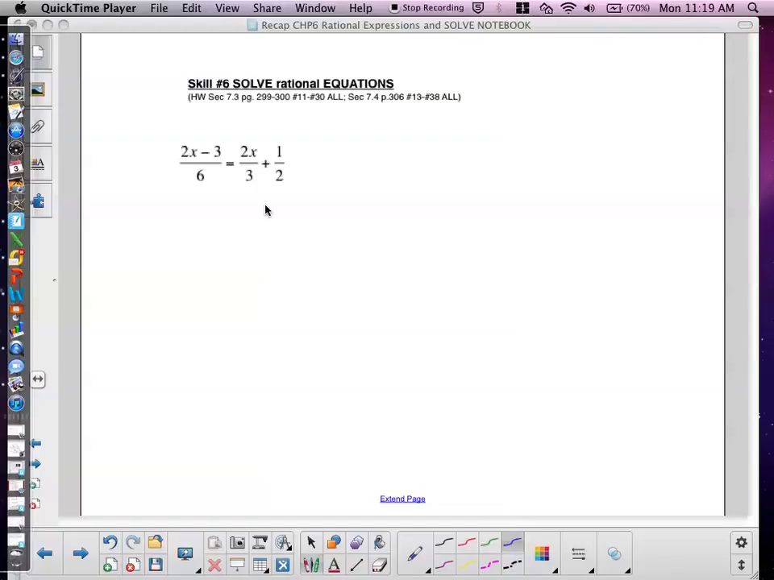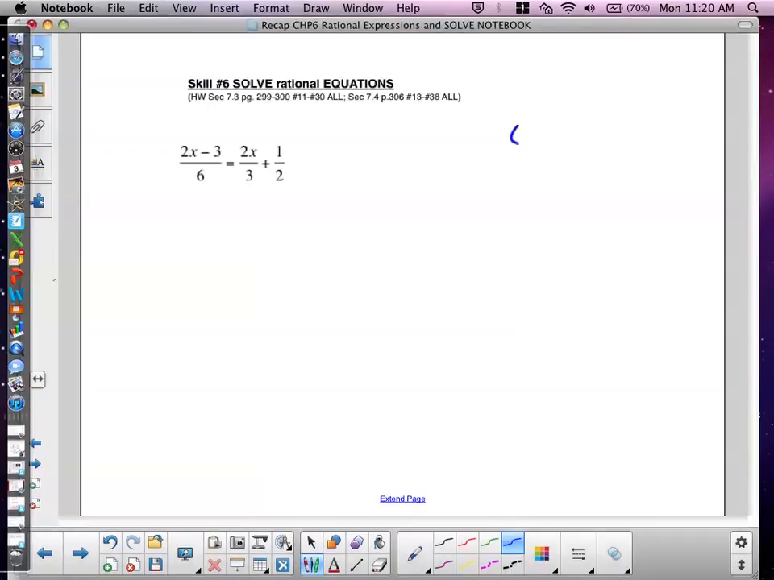To solve a rational expression or a fractional equation, we eliminate the denominators. We're going to turn this fractional equation into an equation without any fractions. The first thing to do is look at each denominator and determine what the LCD is. So in this particular problem,